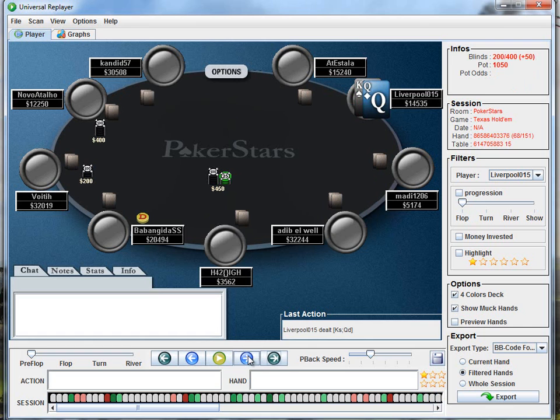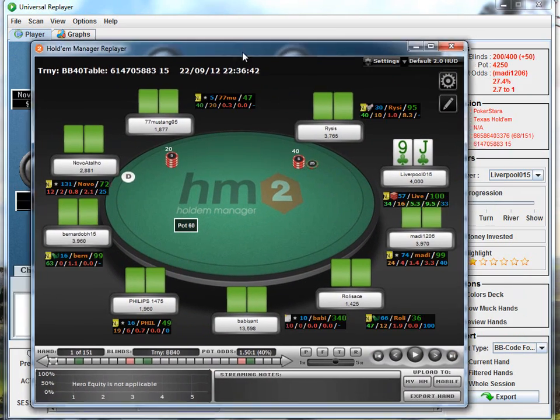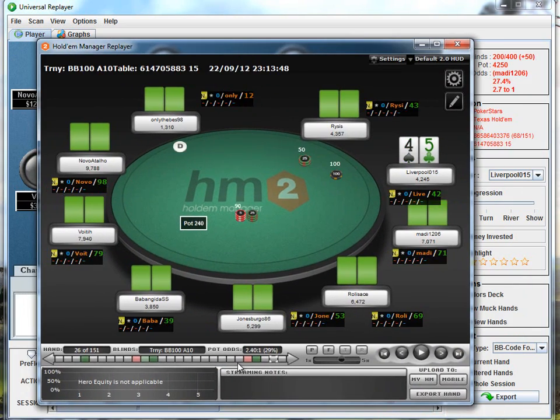King 2, King Queen. Now we've gotten 4x open from what level? What hand about 68. So